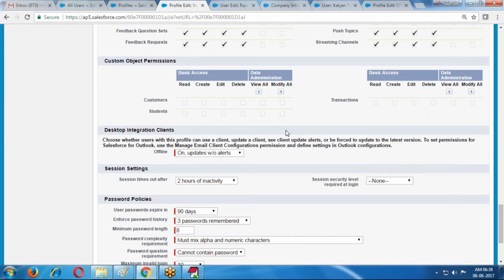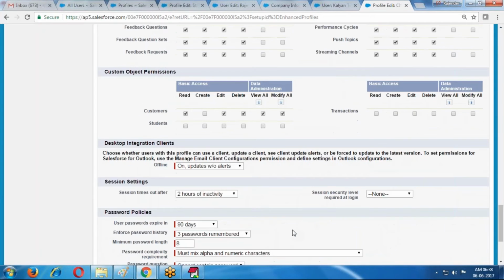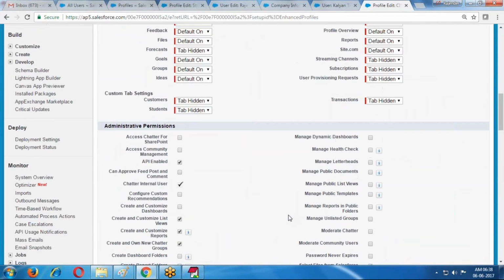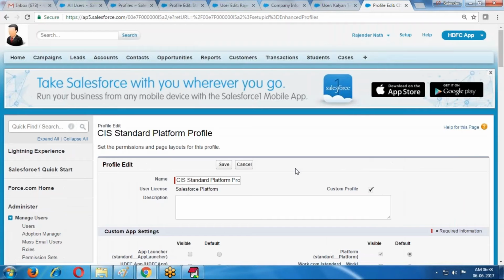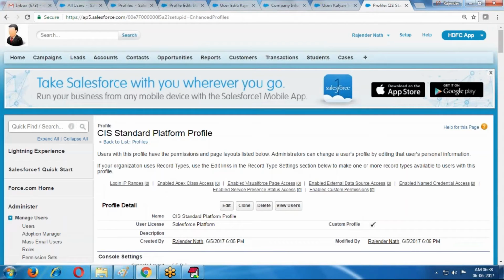It is fixed, but whenever we are cloning, you can change maximum things according to your requirement. You can change the permissions, everything is possible. But whenever we are using a standard profile, maximum things we cannot change.